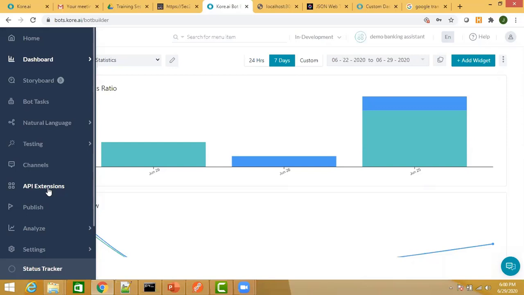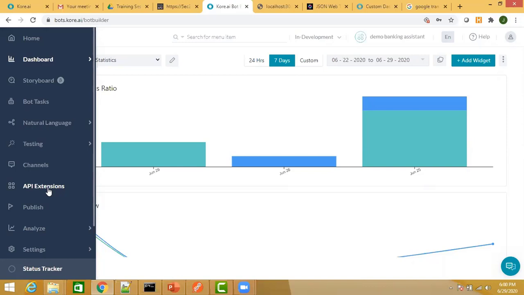The moment you come out of a dialog task, that is, the dialog task execution has come to an end, these entity values and everything will be automatically refreshed. That means the instances of those entities are lost. So next time when the user is asking for the same task, these instances of the entities will be created once again, and the bot will ask for those values once again.